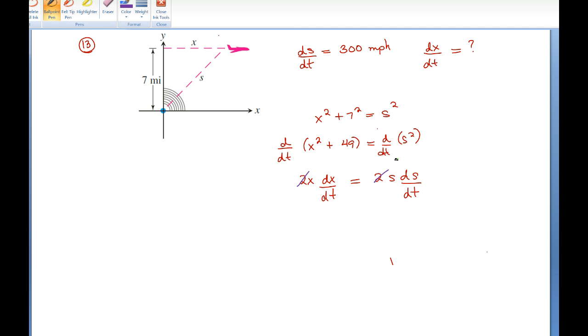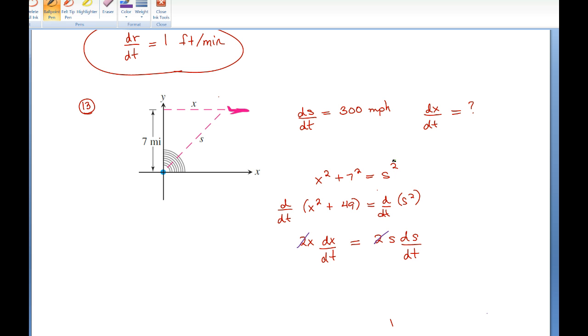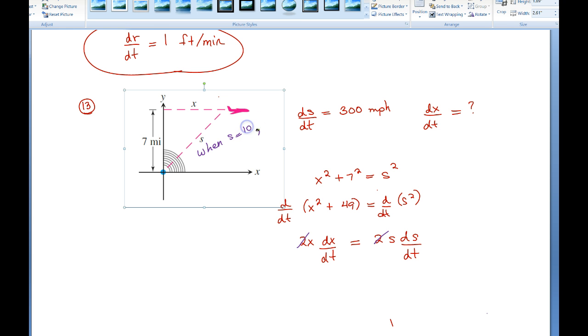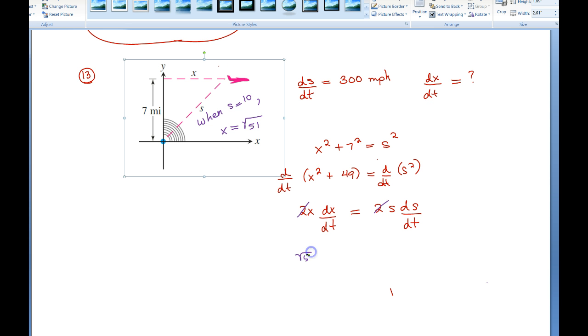What was the problem? It said when s equals 10, so we had to solve for x. When s equals 10, what would x be equal to? Were we given dx? Oh wait, dx/dt is what we're looking for. x is the square root of 100 minus 49, which is the square root of 51. So now we can plug in: x is square root of 51 times dx/dt, which is what we're trying to find,